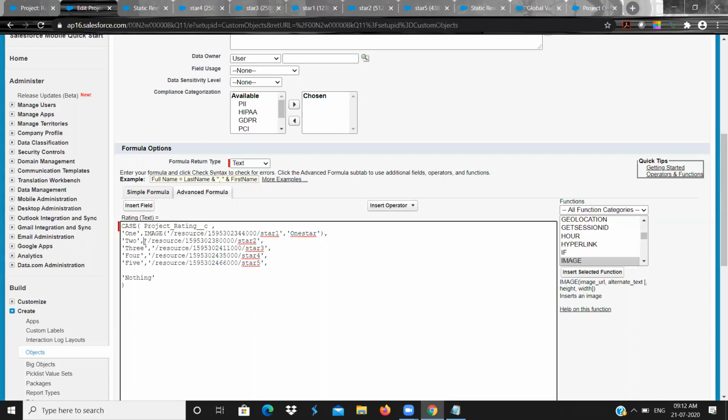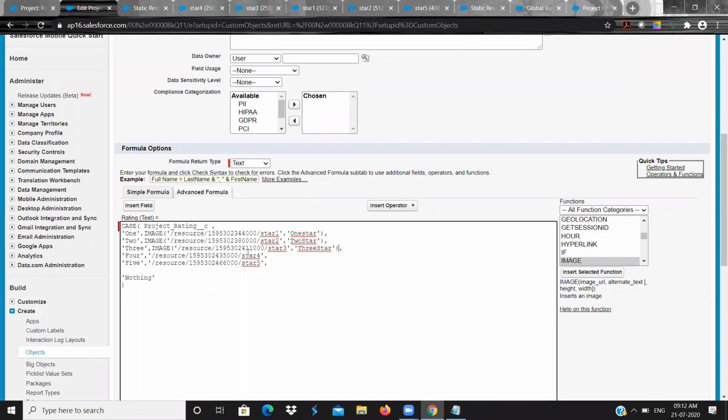Similarly, we need to put image of here, comma, alternate text is 2 star. Third one here, image of, comma, 3 star.